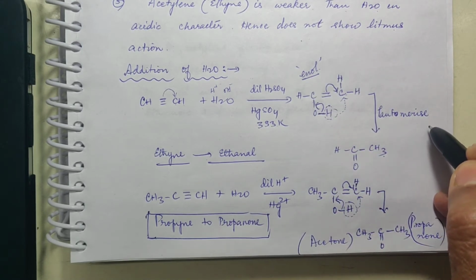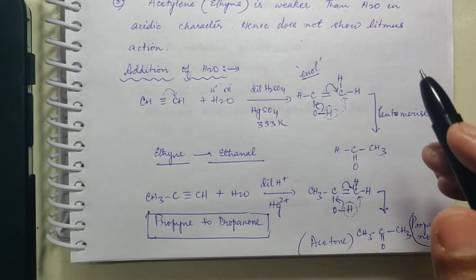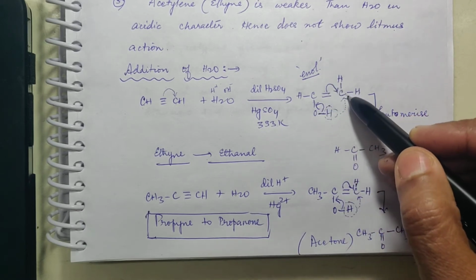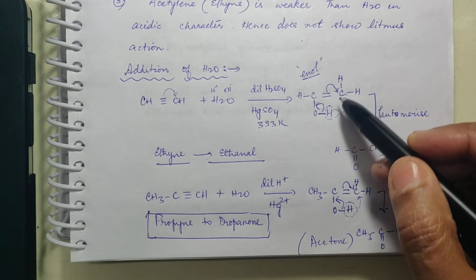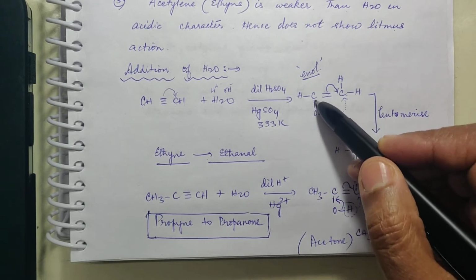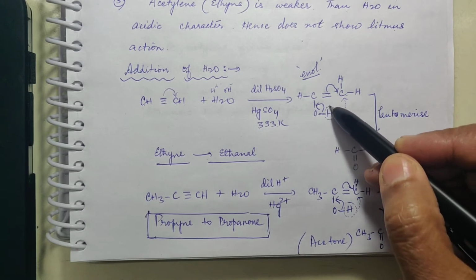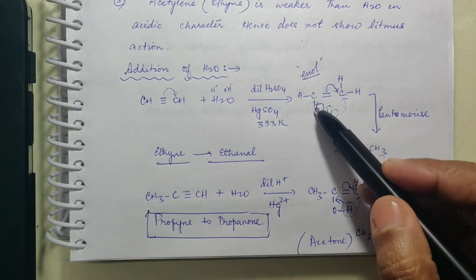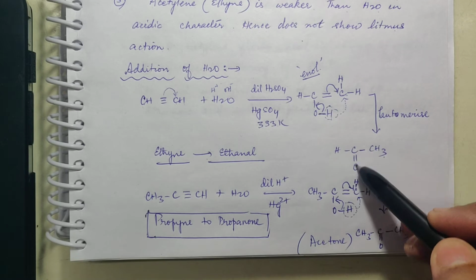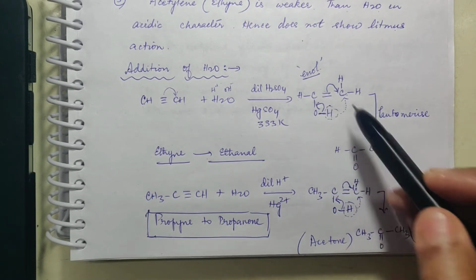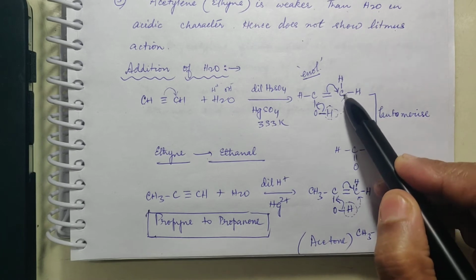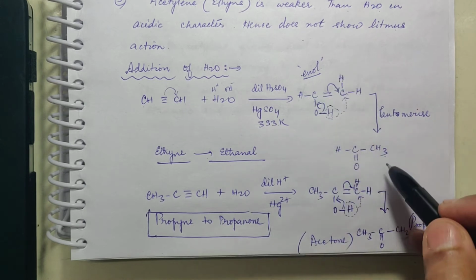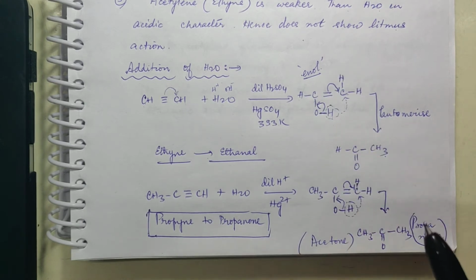We have seen isomerism and tautomerism, is it not? So here this is going to tautomerize. How? This OH bond is going to shift towards this carbon. Simultaneously this bond will go towards this carbon. So this carbon will get C minus, and when this bond is shifting there will be a double bond here. This will be left over as H plus, and this H plus will be attracted towards this C minus. So what you get out of this: the single bond O will become a double bond, and this hydrogen is already there. This double bond has become a single bond, and this hydrogen has got attached to this carbon, so it will become CH3. So this compound has now tautomerized to give you ethanal, the aldehyde.